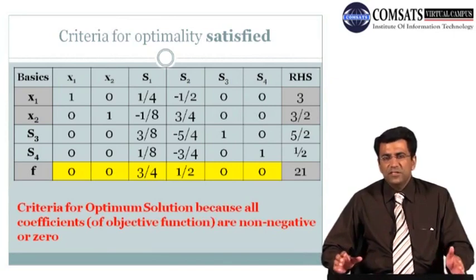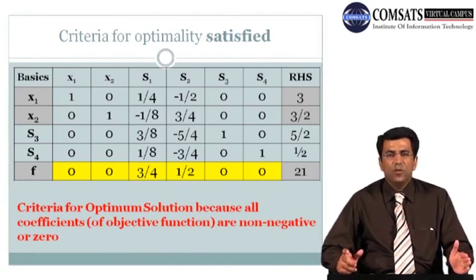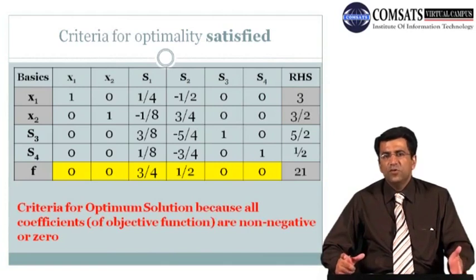Then after filling this table, we will have to check the condition of optimality, that is, whether through this table we will be able to have the optimal solution or not. The condition for checking optimality is that all the coefficients of the objective function must be positive. If there is a single non-positive coefficient, it shows that this table will not give you the optimal solution, and we will have to formulate another table. And before reformulating the table, we will have to identify some important things here.